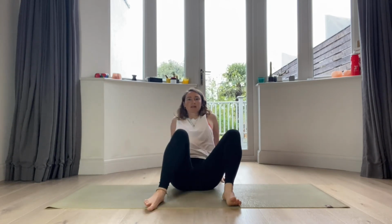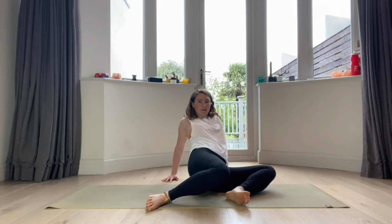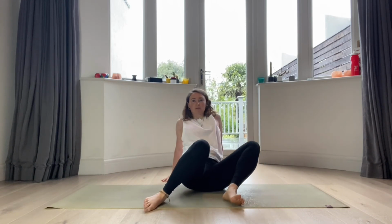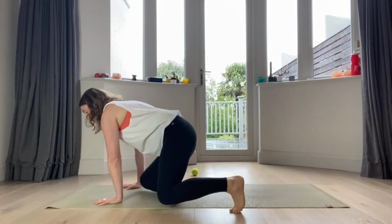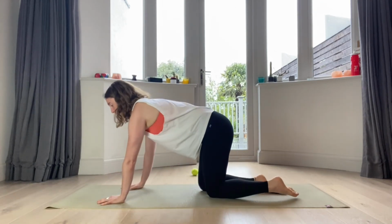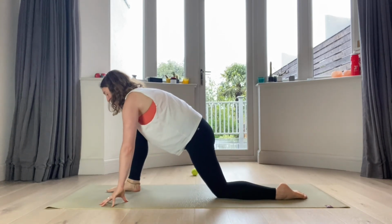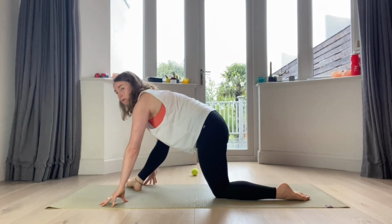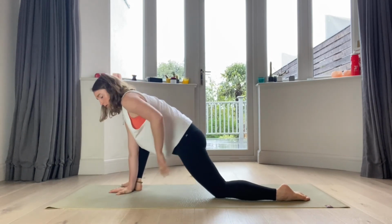Good, we'll do that on the other side again. Pressing. Good. Back through to center. And then roll all the way back over onto your knees. Tabletop position. Step your right foot forward in between the hands and then turn the right toes to point towards the right hand side. Shift the weight forward so you get a little stretch to the front of the hip,